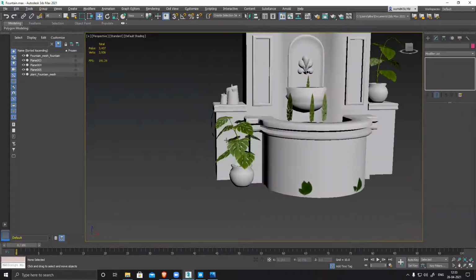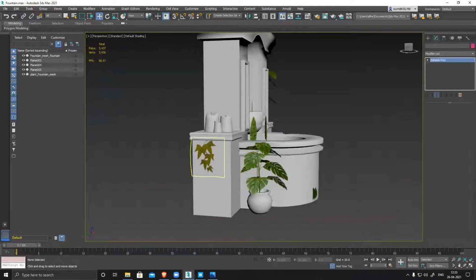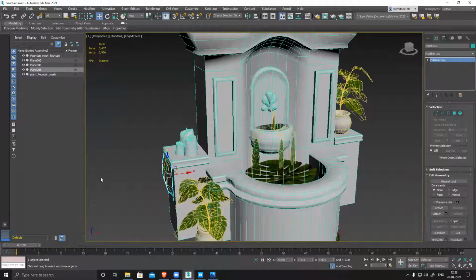See, from a distance, from the side also you can see this leaf. Now this one section is ready, and now the rest of the section, one single texture for all. Yes, we are using one single texture for alpha as of now.